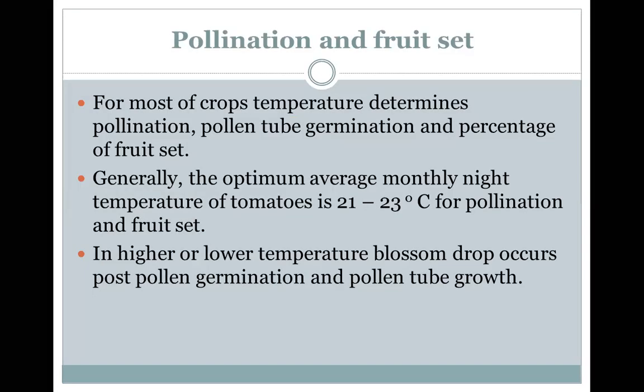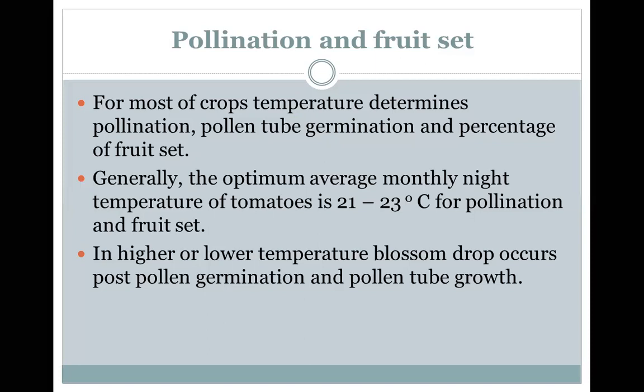So then is the effect of temperature on pollination and fruit set, right? So after flowering, pollination is there. So pollination temperature also has an effect on pollination and then on fruit set. If the temperature at the time of pollination is not optimum, then pollination will not occur properly and fruit setting will be lower. So for most of the crops, temperature determines pollination, pollen tube germination, and percentage of the fruit